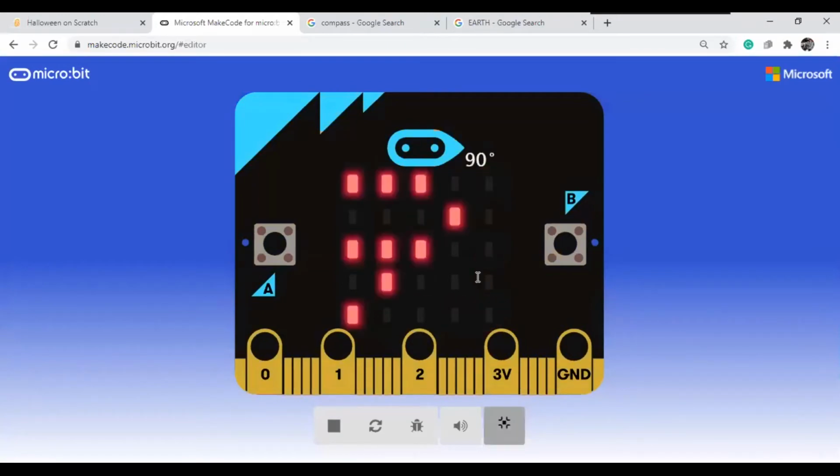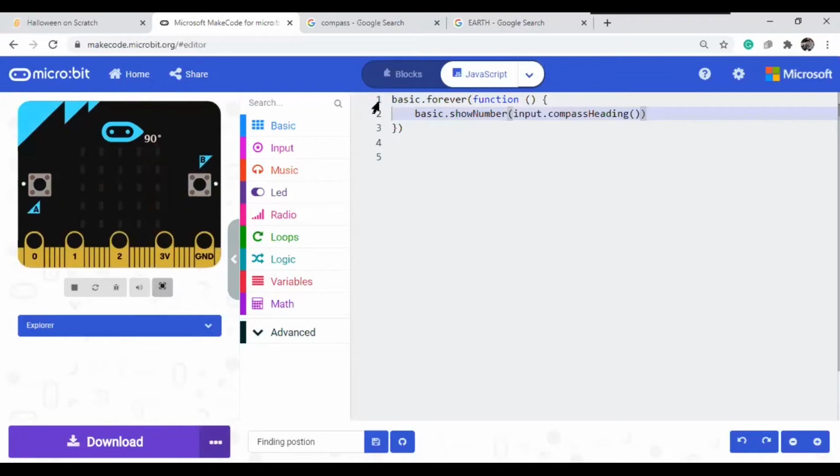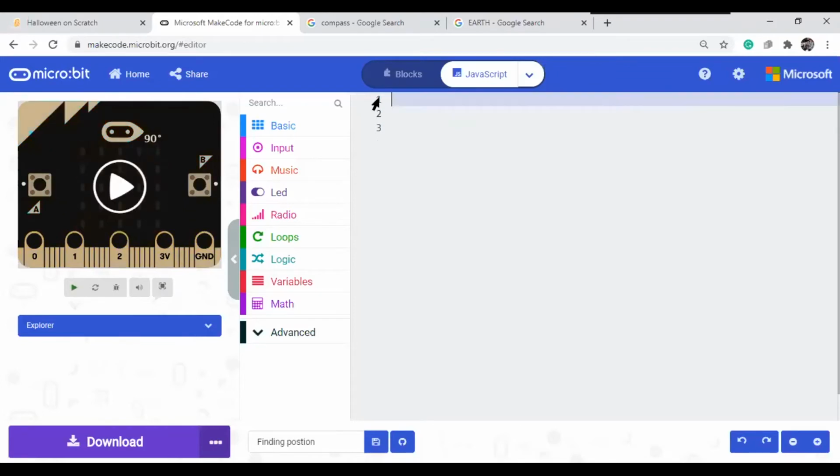If I'm moving very fast, one more time I will explain. What we are going to do is find the value of compass heading, which side the compass is turned. This is available in the input folder, so input.compassHeading. It returns a degrees value, a number value.